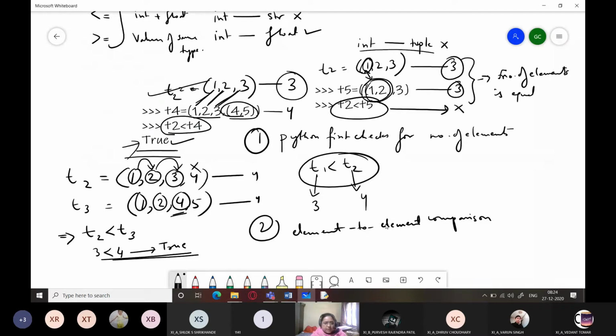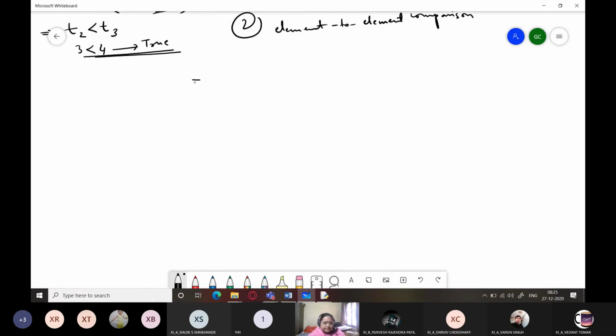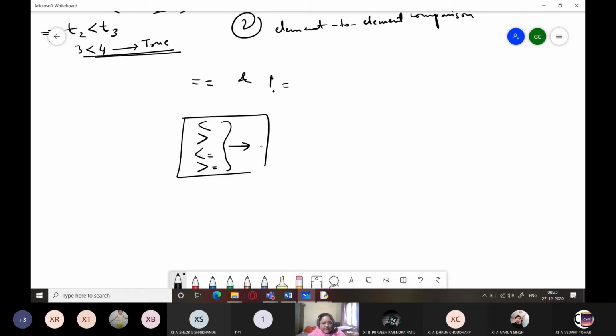Always remember, whenever you are comparing using these comparison operators, except the equal to and not equal to operators, the other comparison operators will only accept elements of the same type.